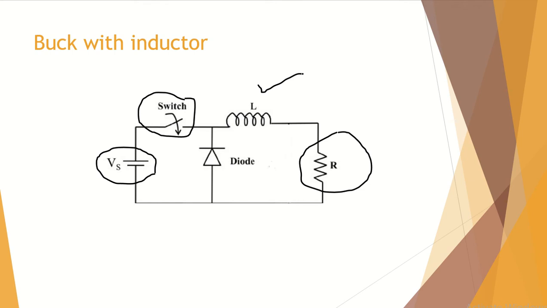Usually in a converter we have a filter with the output. Okay, why do we filter the output? To remove the ripples. Due to that filter, we may have a current spike at the load when the switch is closed. To prevent that current spike, we have added the inductor. So now what will happen when the switch is closed? The current will gradually rise due to the presence of this inductor. Okay.